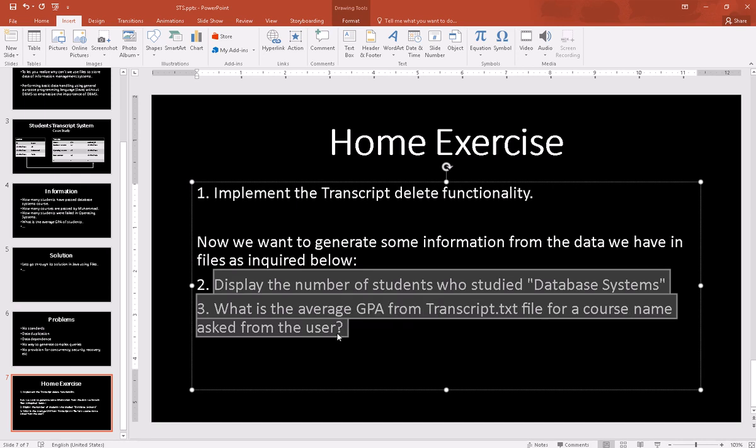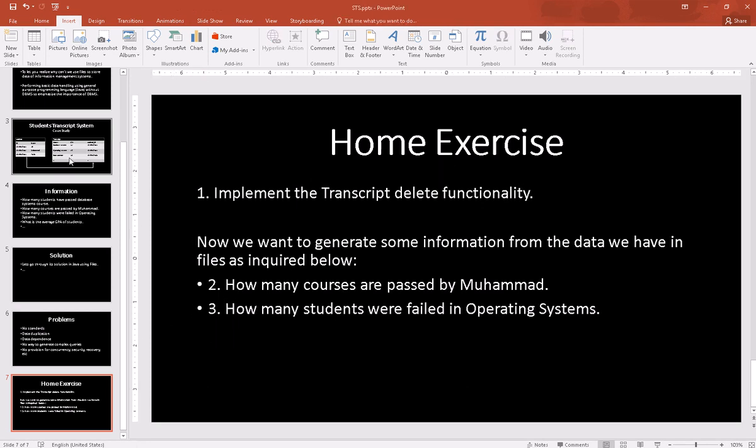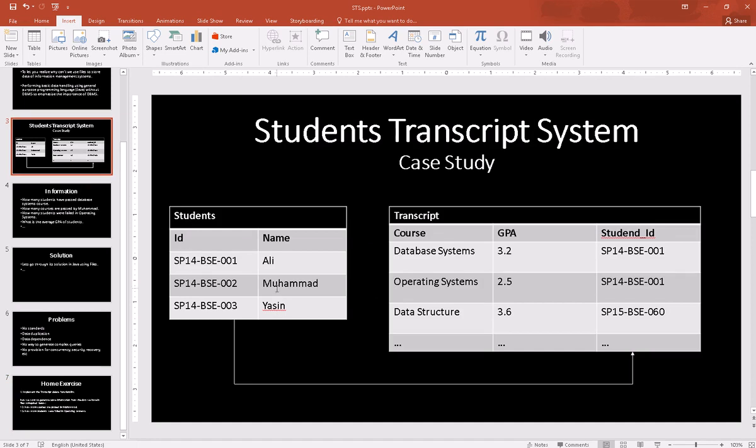Your second task is to generate the information about how many courses are passed by Muhammad. Now how will you do it? Let me guide you. From the students file you will have to find his student ID, and then against this ID you will go through all the records, and if the ID matches then you increment your counter.